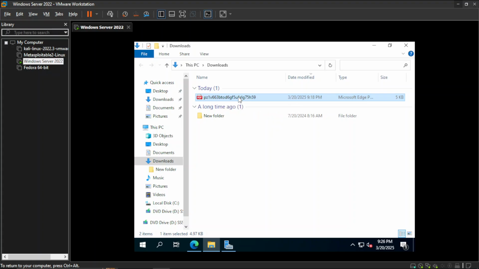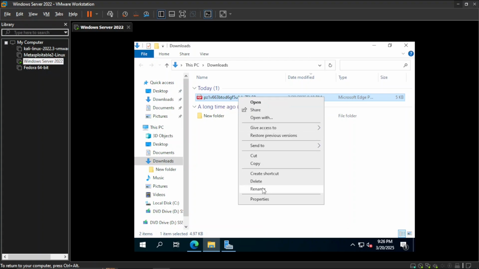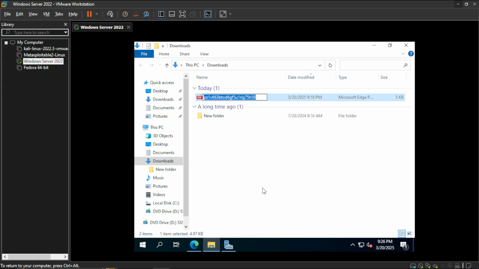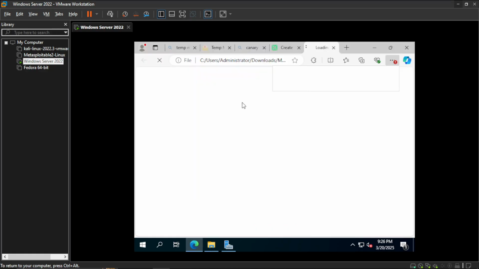You can rename this file. For example, I'm going to rename this as my credit cards, and maybe passwords, something like that, just to lure the attacker into clicking this file. So I will rename this file, and if I try to open this,